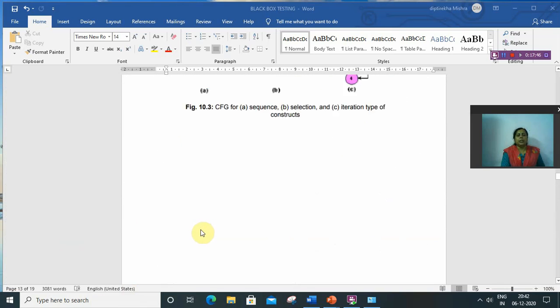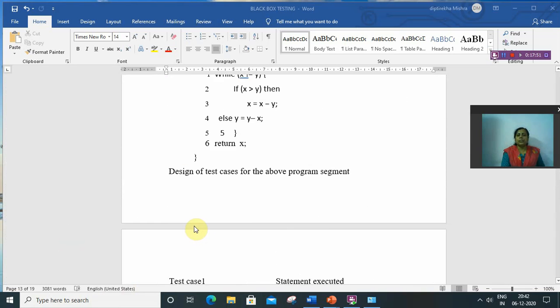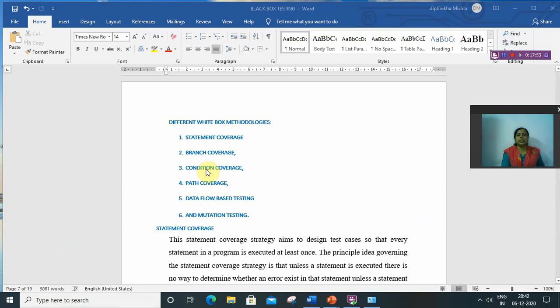White box testing covers statement coverage, branch coverage, and condition coverage. In statement coverage, the test cases are designed to cover all the statements of the program, in branch coverage it covers all the branches, and in condition coverage it covers all the conditions.